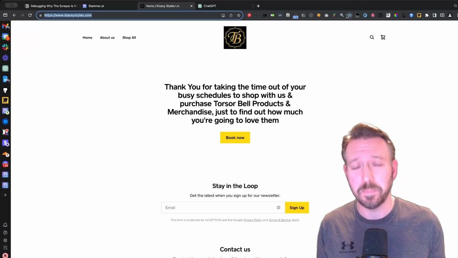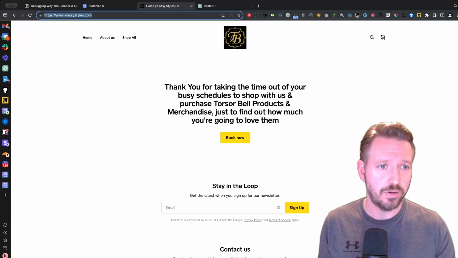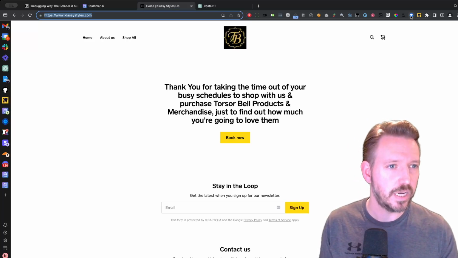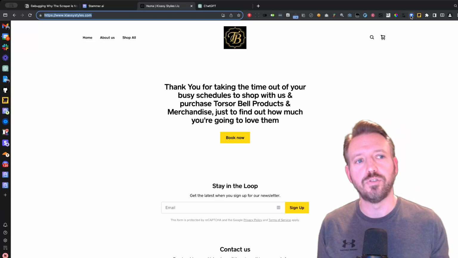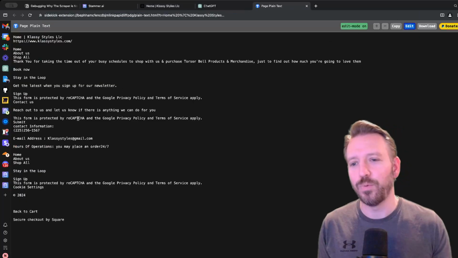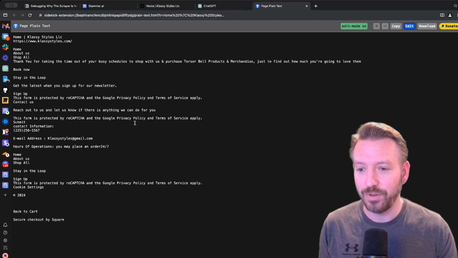Of course, you're going to have to do this manually. But there is a very cool Chrome extension that I've used. It is called Show Page Plain Text. I don't know if you can see that, you probably can't, but if you just Google Show Page Plain Text and use the extension,